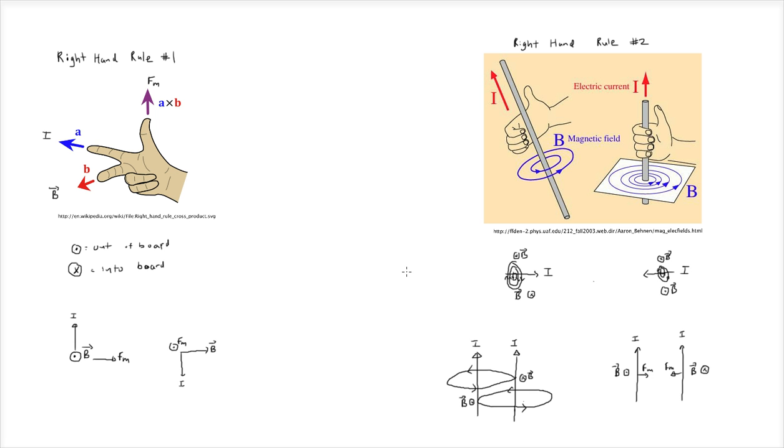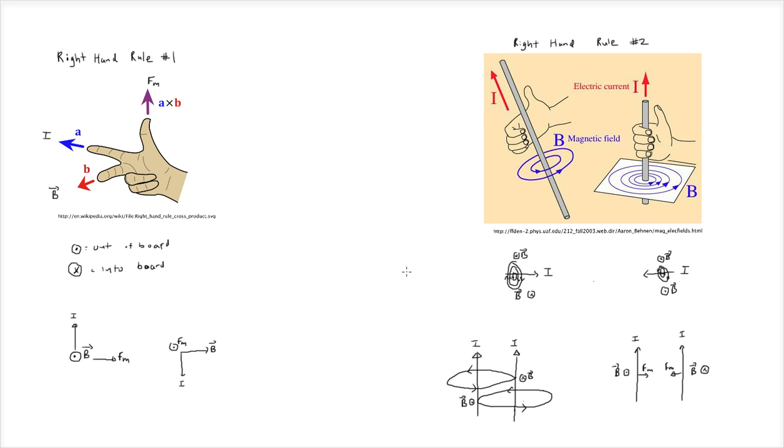And A, your pointer finger, is going to represent the current. So you point your pointer finger in the direction of the current. B is your middle finger, and that's going to be the magnetic field. So you point your middle finger in the direction of the magnetic field. And what you're left with is your thumb is going to be pointed in a certain direction. And the direction your thumb is pointed is going to be the direction of the magnetic force, which is shown